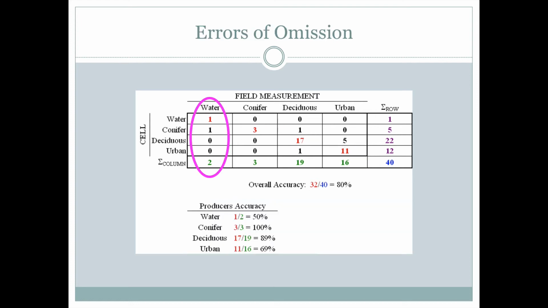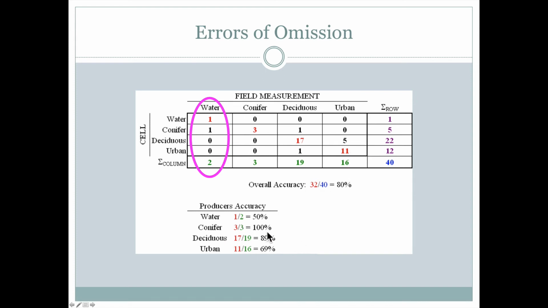Another way of looking at this is errors of omission. So errors of omission would be times where we identified something different on the ground than what the survey said was there. So in other words, another pixel of water would have been omitted from what is correct because we said that it was conifer. So another way of looking at these numbers is we can just take each of these columns and put 1 over 2, or 3 over 3, or 17 over 19, or 11 over 16, as we do down here,